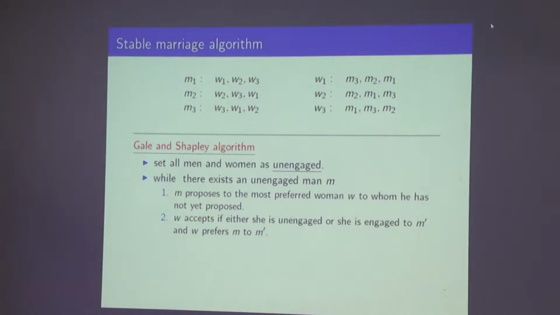remember when our matching algorithm was there, the greedy matching algorithm, we never removed edges. So we never had the problem that we are always increasing in size. On the other hand, the augmenting paths algorithm, we possibly could have removed things, but we still were increasing in size. But here, remember that some men who were engaged can become unengaged during the course of the algorithm. So we should first ask, does this algorithm stop?